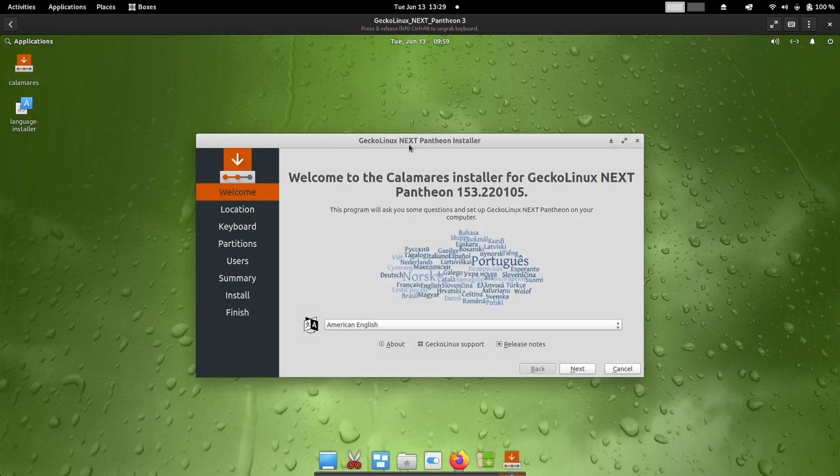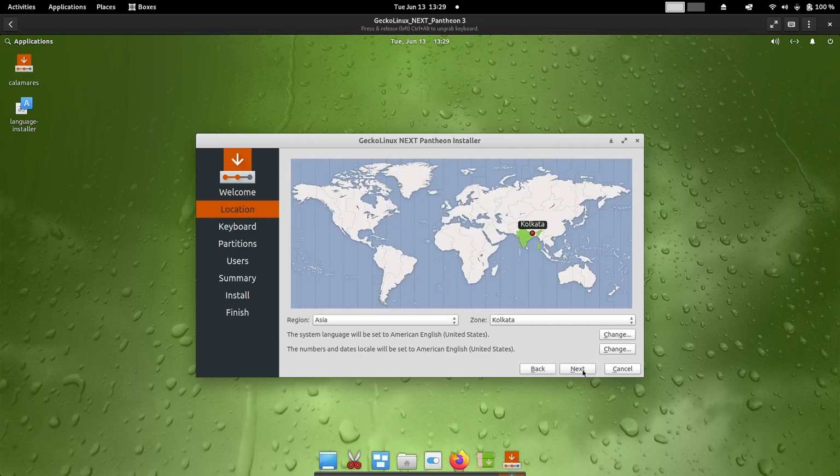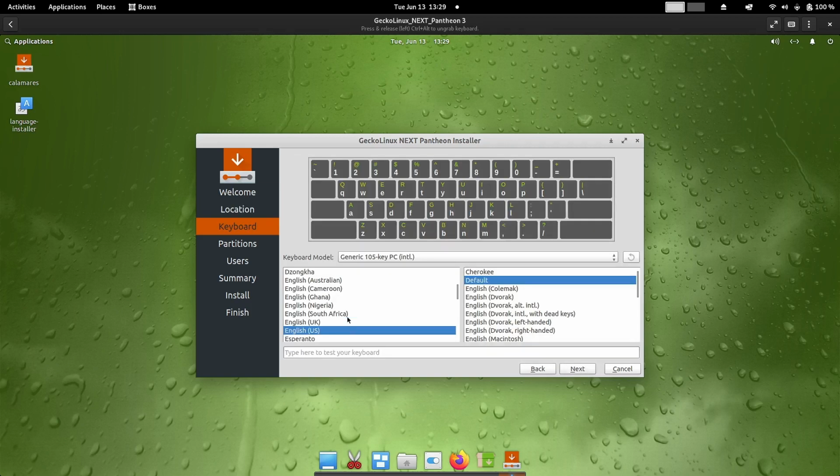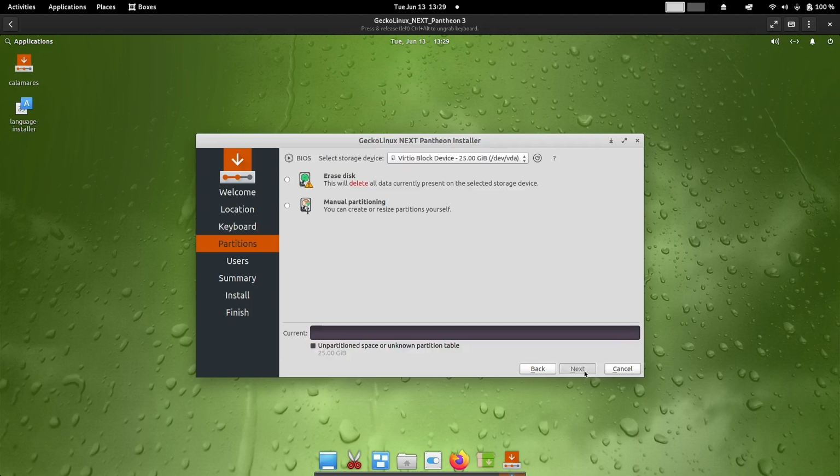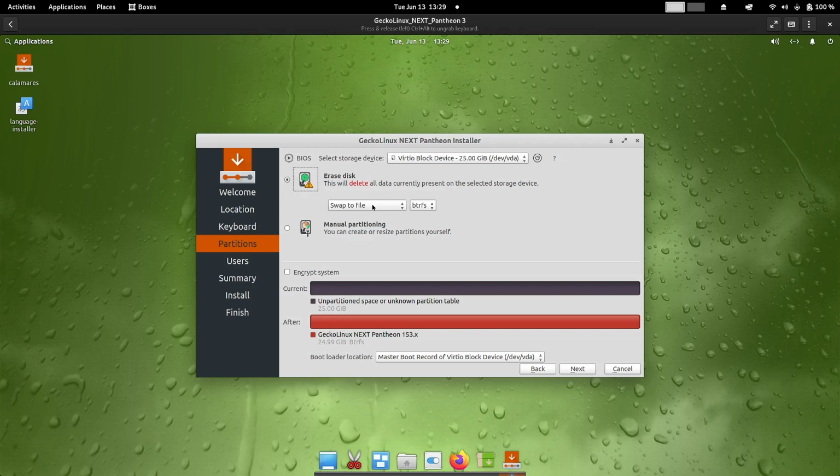So all the Gecko Linux editions, desktops, ISOs come with this Calamares installer. It's very easy and it's very fast. The region and zone are properly selected automatically. You do not need to make any corrections. Select your desktop, and in the erase disk option we will use the